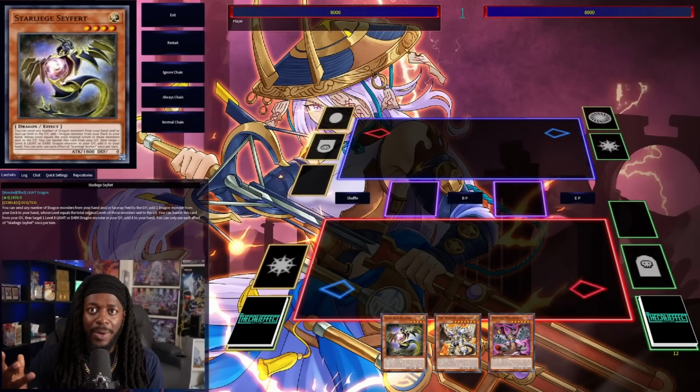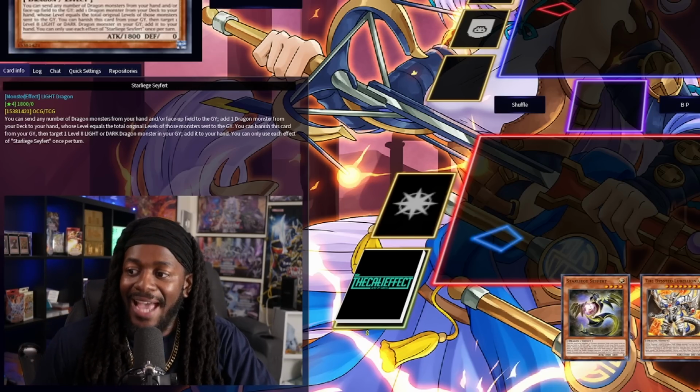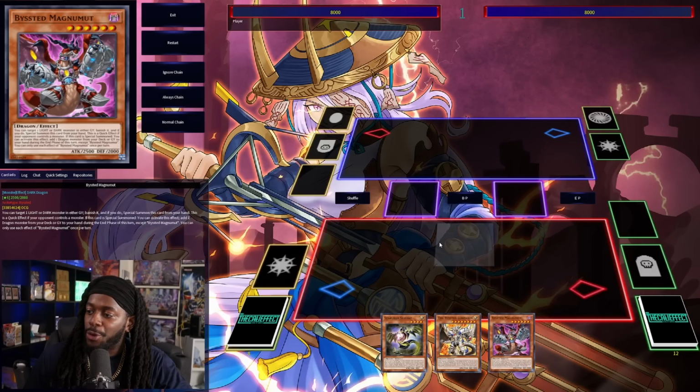But you did not come here for Nibiru-proof combos. You came here for the ultimate combo of why Rokket Dragonlink will be the next powerful meta deck. In this particular sequence, you need a Starlight Seyfried, a Bestial Lubellion, and either Bestial Magnemite or Bestial